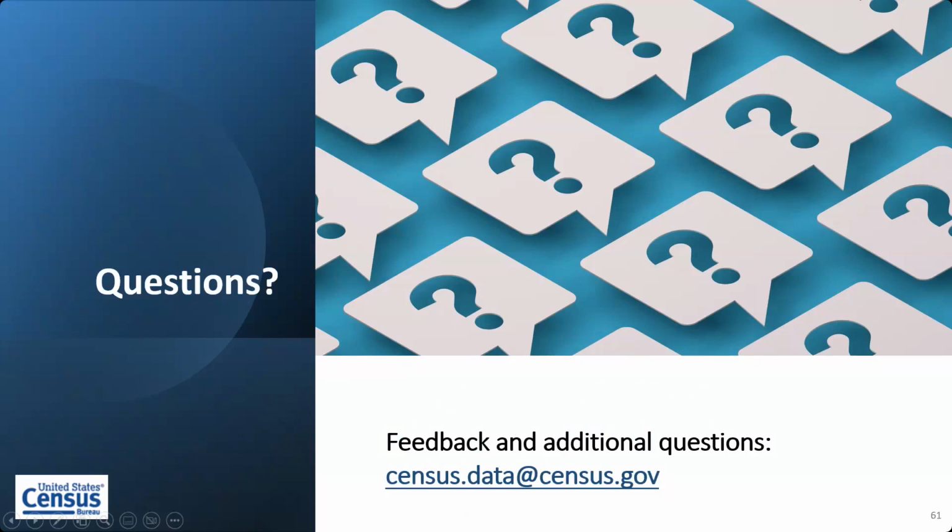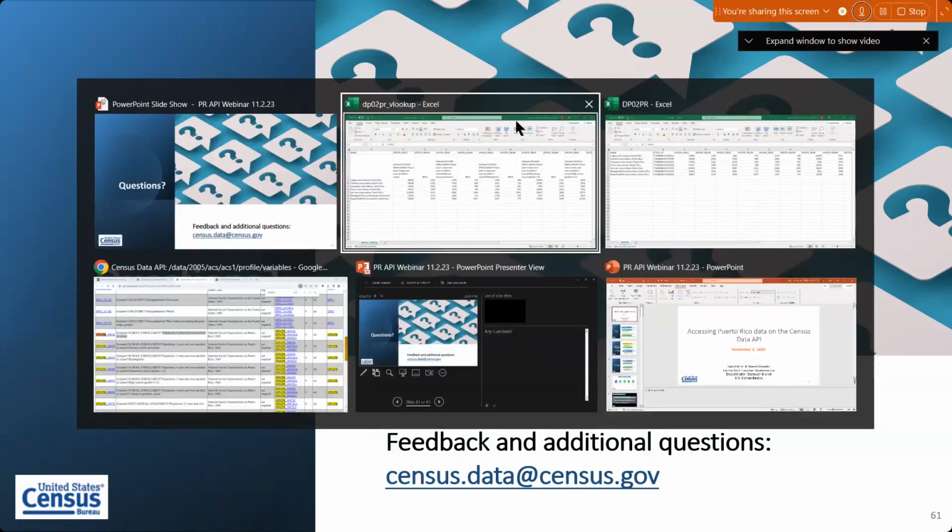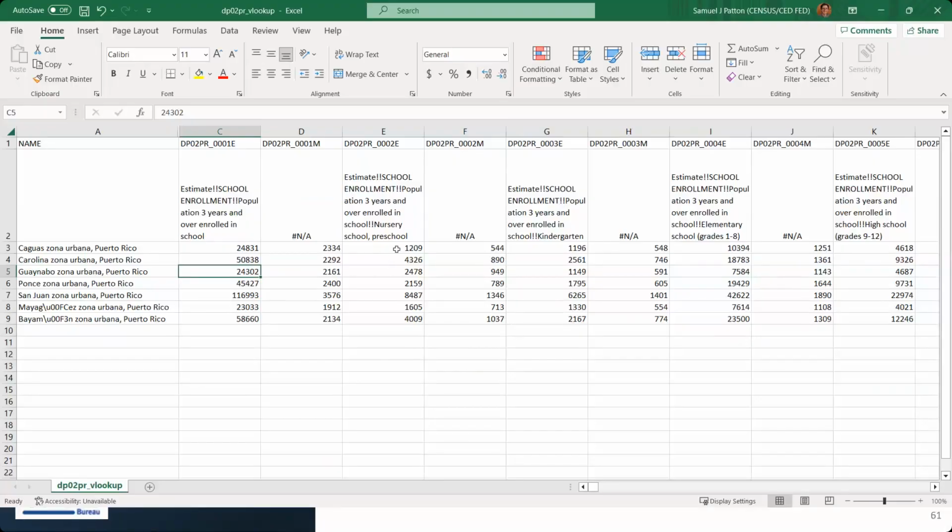Yeah, I just would like clarification, Sam. We got a question whether or not when you use the API, can you also pull the margin of error? Yes, you can. If we look back at this example that I was looking at earlier, when we're looking at ACS variables, this 0001E is looking at the estimate, where the 0001M is actually looking at the margin of error. So that M is representing margin of error here. So when we're looking at those ACS estimates, yes, you absolutely can pull up both the estimates as well as the margins of error.